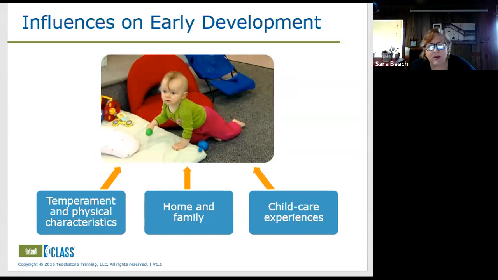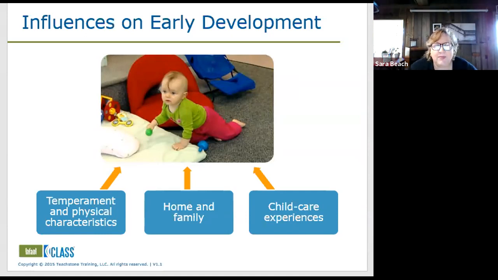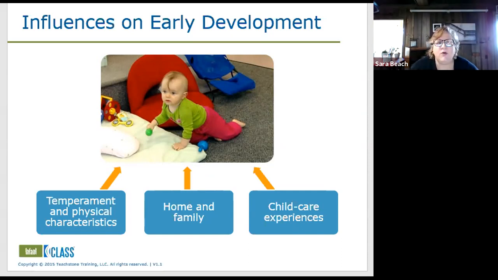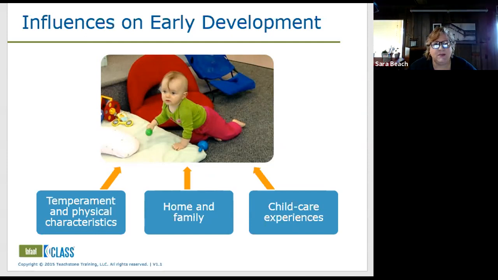We have control over the experiences that children have while they're in our care. And to some degree, we have some influence on their home and family at this age, because parents are very dependent on us, and they look up to us for guidance. And so we can influence kids' development. We've got the most power of all, I think, to influence their outcomes. It's a heavy lift, and it's a huge responsibility, obviously.